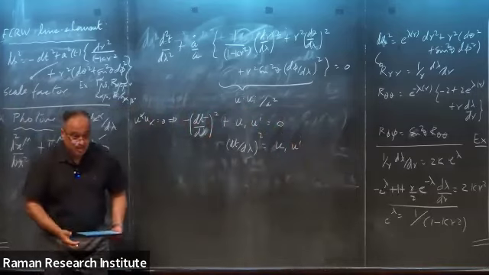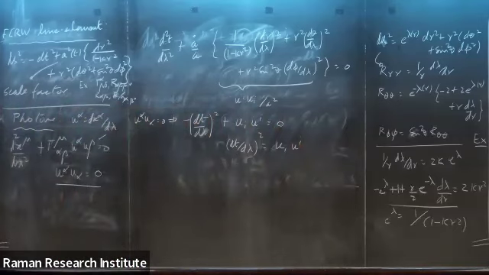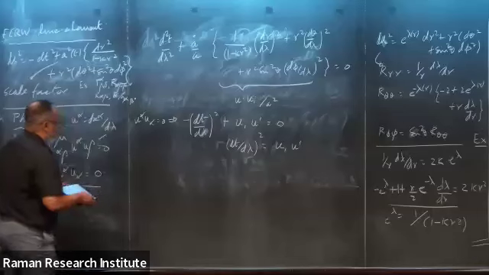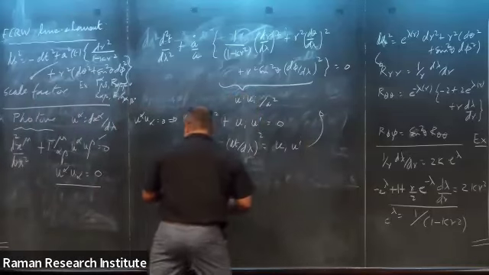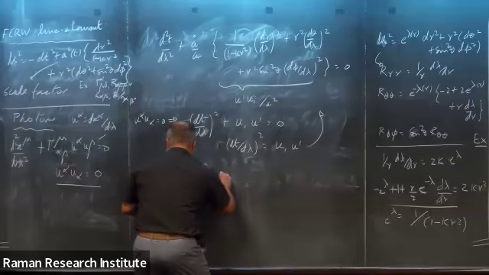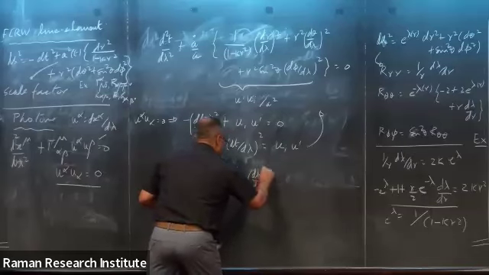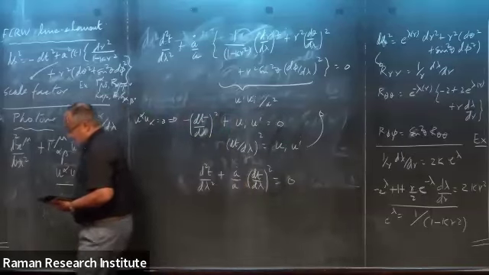Something I didn't mention when I mentioned the conventions, but I presume it's evident: I'm working with a metric signature of minus plus plus plus. So if you plug this in here, I get d²t/dλ² plus (ȧ/a)(dt/dλ)² equal to 0, which I need to integrate.